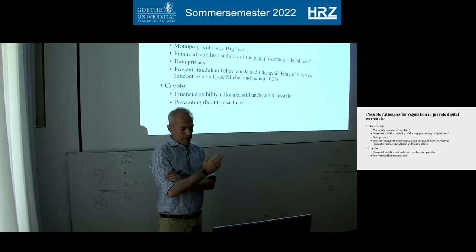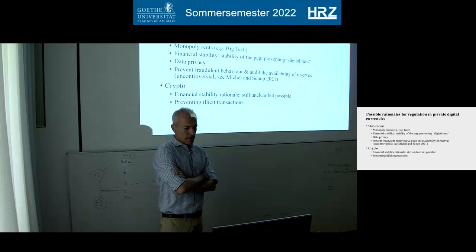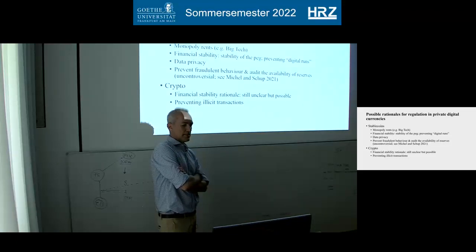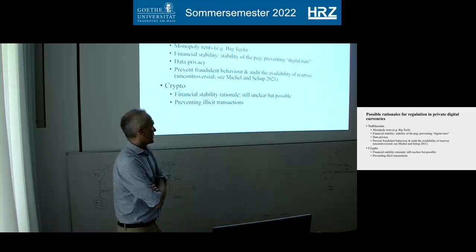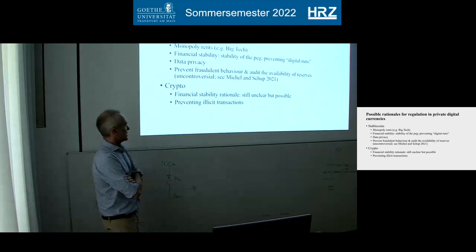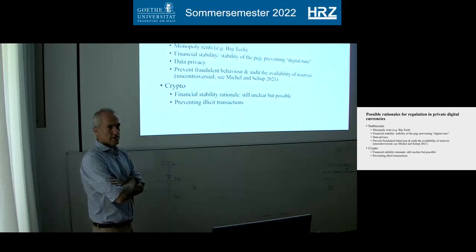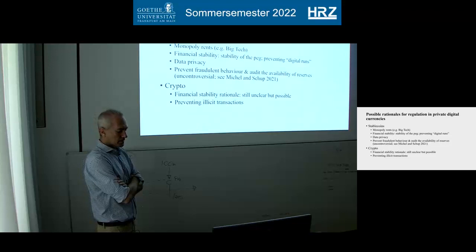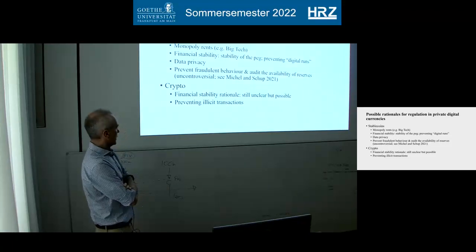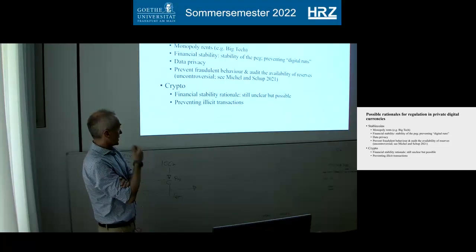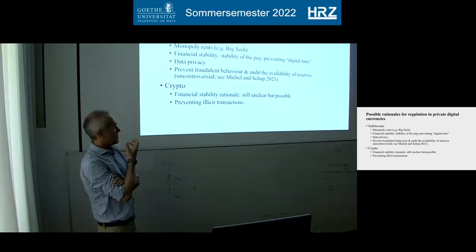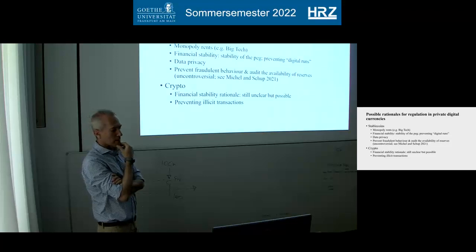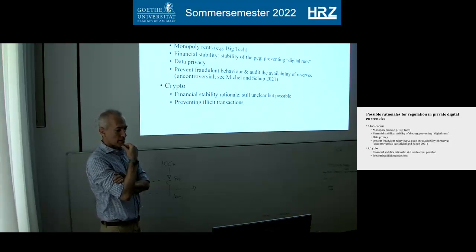For crypto, for example, Bitcoin, the issue is a little bit different. So I think here the financial stability rationale is still a bit unclear. Crypto is still, as we discussed, a relatively small part of the financial system. So it's still not big enough for one to be worried about financial stability. So for the time being, it's still a bit unclear whether one can use the financial stability argument to provide